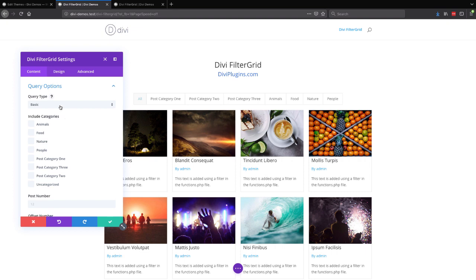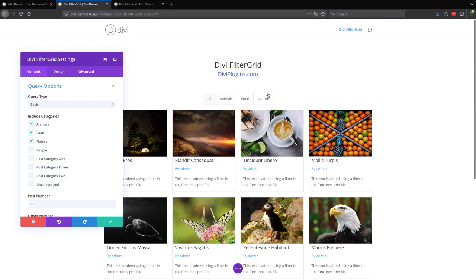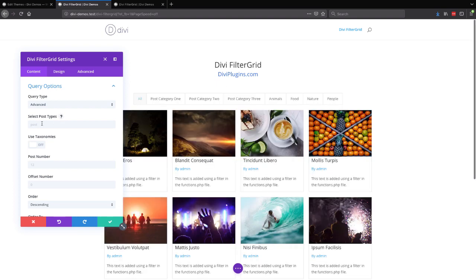And for the query options, we have a basic option. That's the default. It shows the blog post and all the categories. You can also decide which categories you want to display, and they'll automatically get added in the filter. We have an advanced option, and here you can select